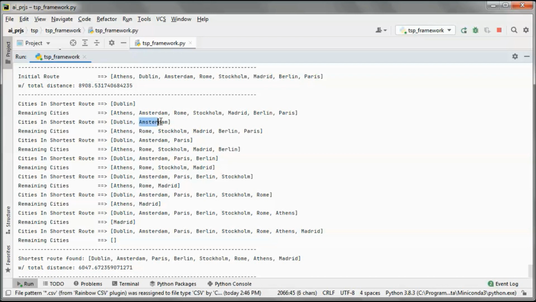So now we are in this city, and same thing, we check which one of those has the shortest distance to this one, and it turns out that this city does. So now we have those three cities, and same thing, we check which one of those has the shortest distance to Paris, and it is this city, etc., until we have no longer cities remaining. So we end up with this as the shortest route with this total distance.